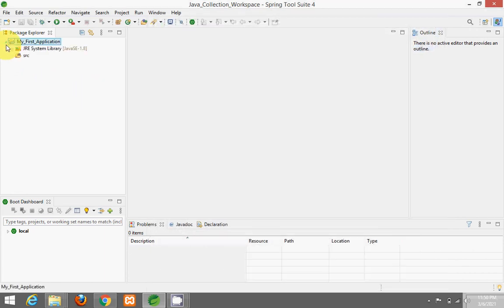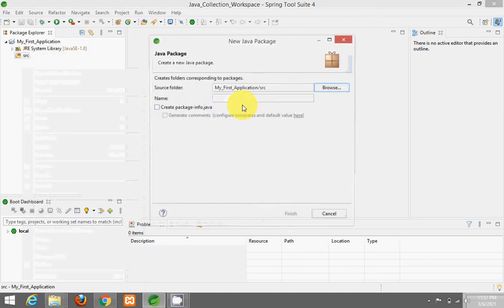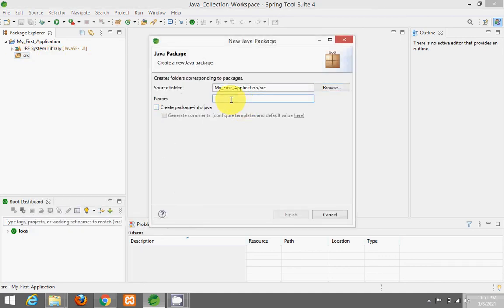If you expand this, you will see that the project got created and you are getting the src folder. Now right click on it, choose new, and create a package. I'm going to give a name like com.secretpoint. This is the standard we follow while naming a package.